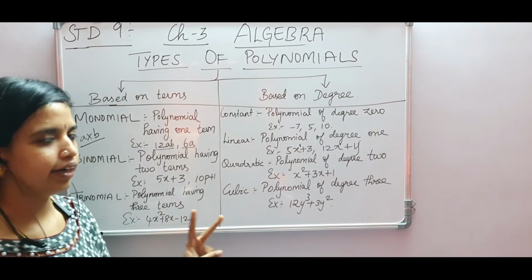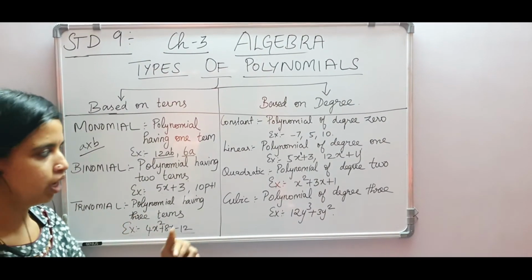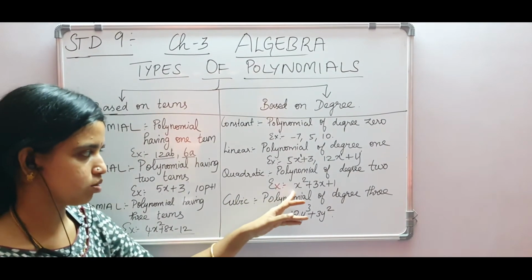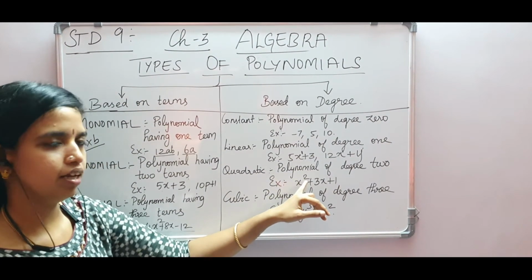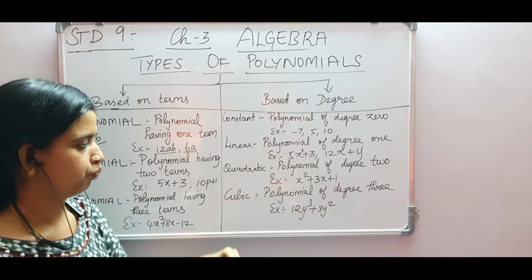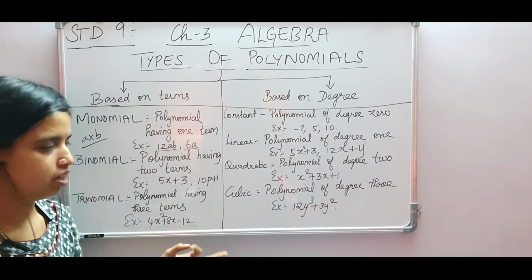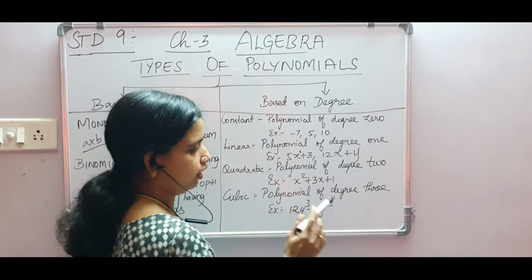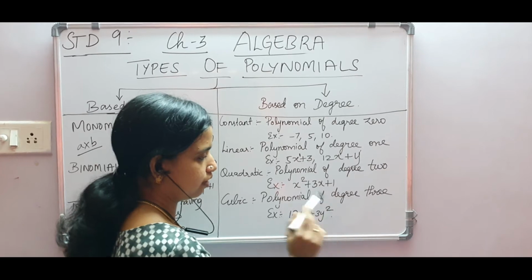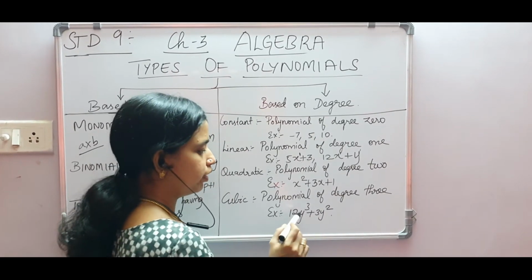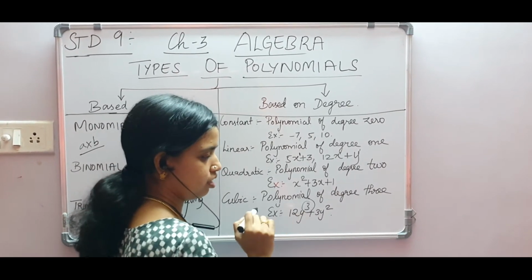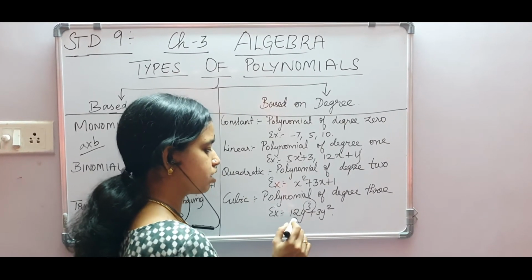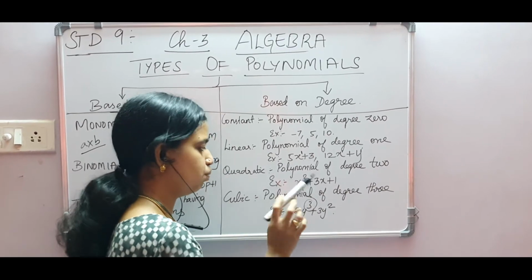And quadratic generally means 2. So a polynomial of degree 2 you can say is a quadratic polynomial. This is an example. Here the degree is 2. Highest power is 2. And cube means 3. So cubic means polynomial of degree 3. See this. Here we are having two terms. One is y cube and another one is y square. What will be the degree here? Highest power is 3. So the degree of this polynomial is 3. So these types of polynomial are called cubic polynomial.